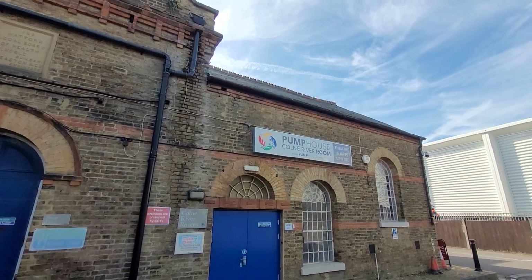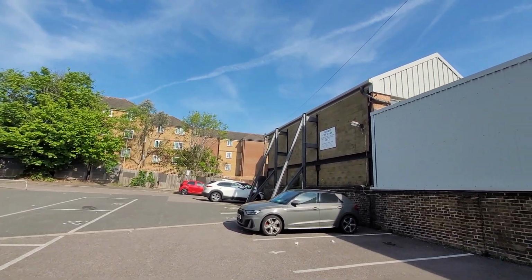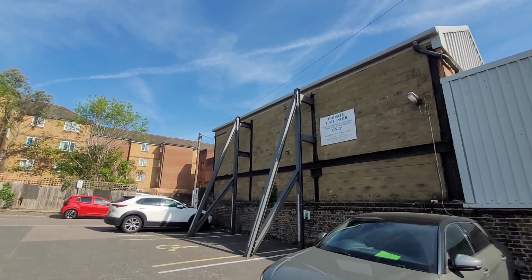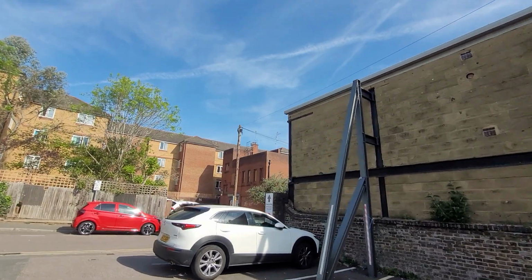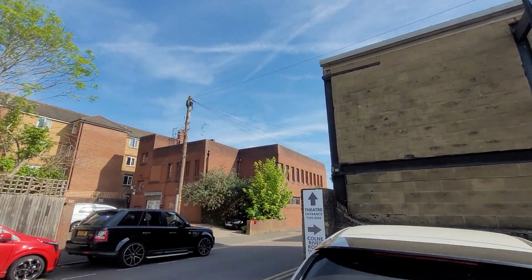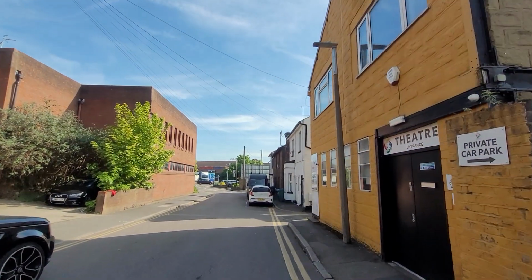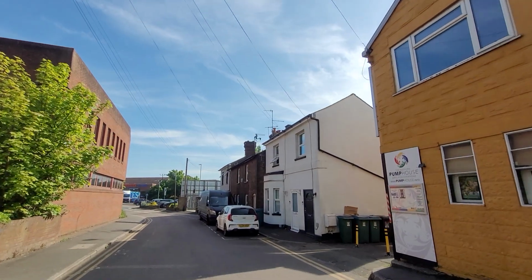And it's now a theatre and arts centre. So it's still being used for the public. It was built for the public and it's still being used by the public. Better that than being owned by private landlords for accommodation. So well done. Now, next little bit, because I was going to put this on the last bit of film,